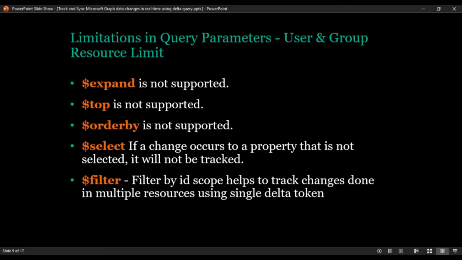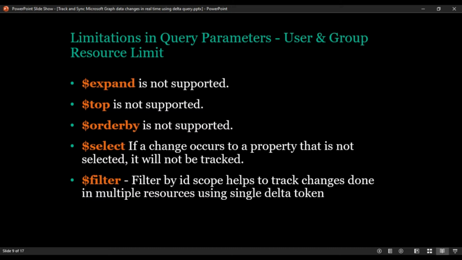And coming to filters, suppose you are applying filters based on the ID scope. For example, if you are choosing groups and you want to get only two groups by specifying IDs in the filters, in your subsequent delta token you will be able to get the updates for both the groups. There is no limit that you will be getting only one group's update.